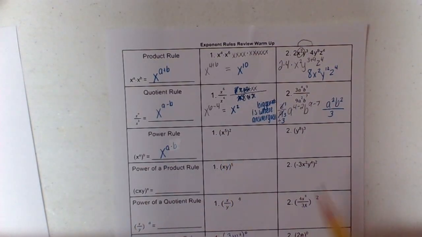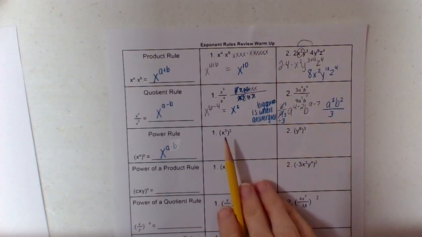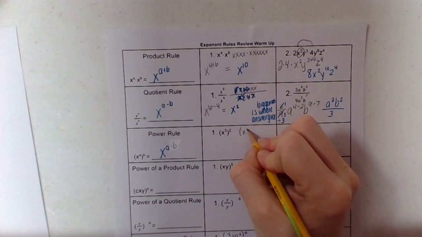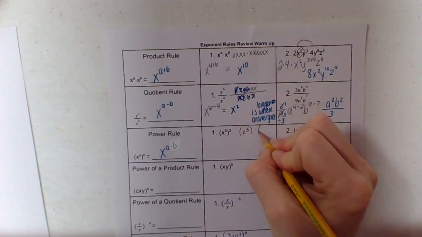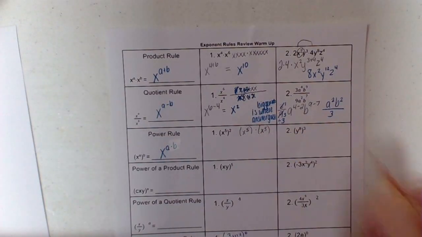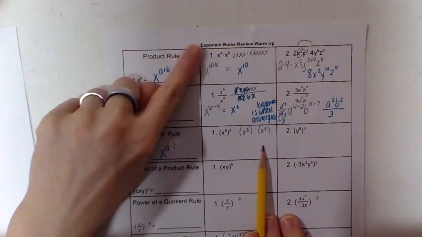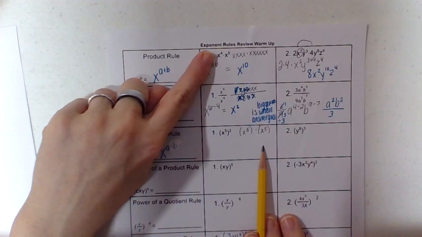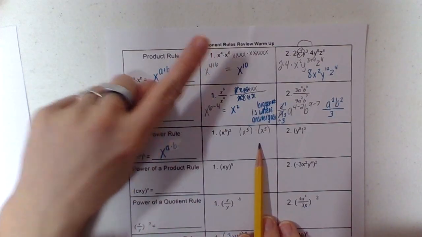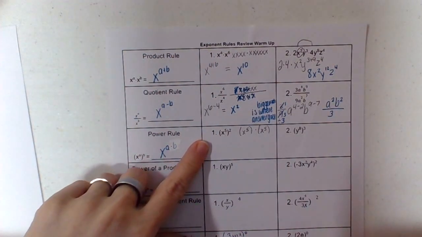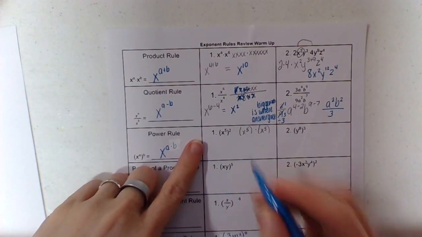So I'm going to write this out. We have x to the fifth and we're squaring it. So anytime we square something, we have two of them. So we have x to the fifth times x to the fifth. Now it looks like what we had up here. If you write it out, it looks like your product rule. So we would now be able to add those exponents together,